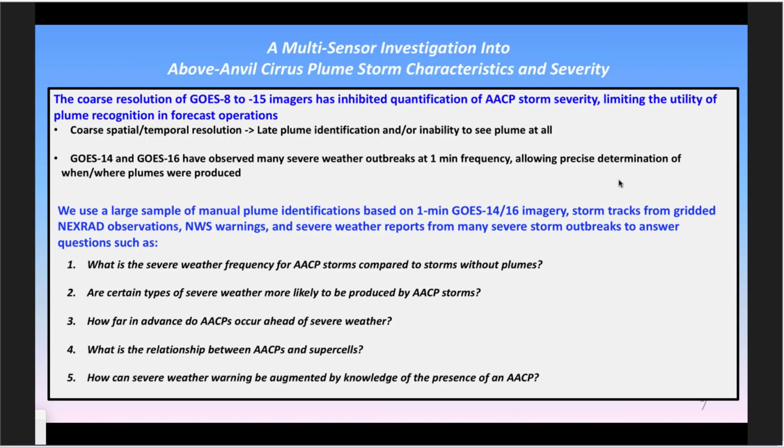Historically, I know what to look for, so I found these signatures in GOES-8 to 15 data. But with imagery every 15, or sometimes as infrequent as every 30 minutes at full disk scan times in the past, you might see the signature late, or if the imagery was a little blurry or blocky, you weren't really able to see it at all unless you really knew what you were looking for. Nowadays, with GOES-14 in experimental mode a few years ago looking at 1-minute data, and then GOES-16 where we're getting routine 1-minute data,